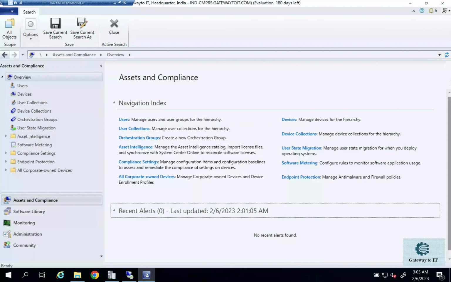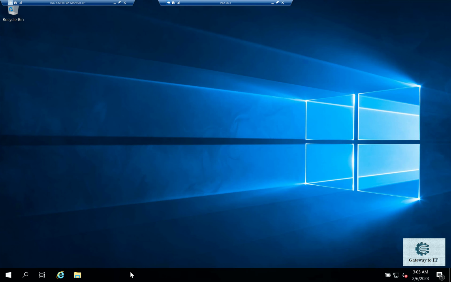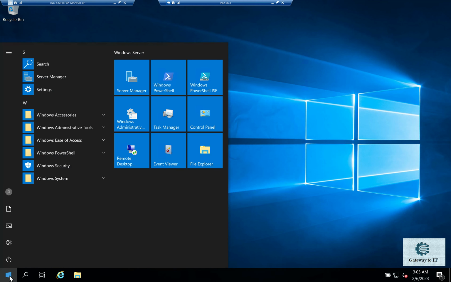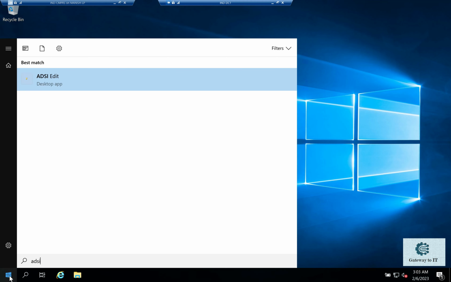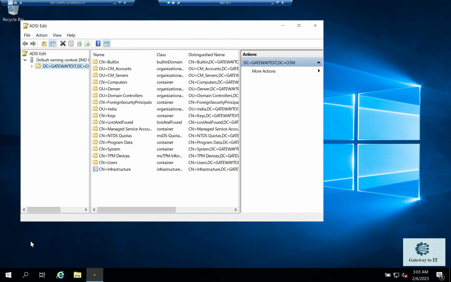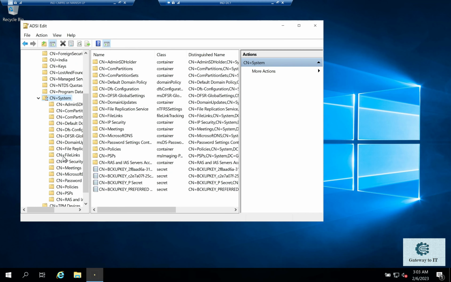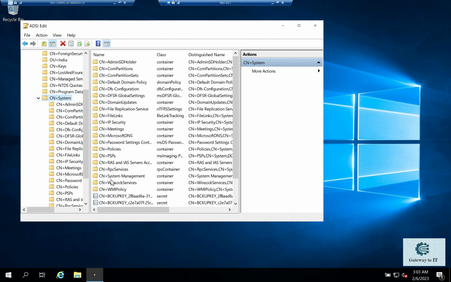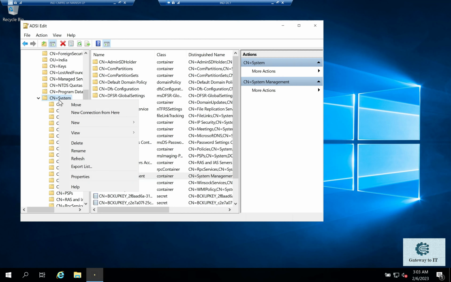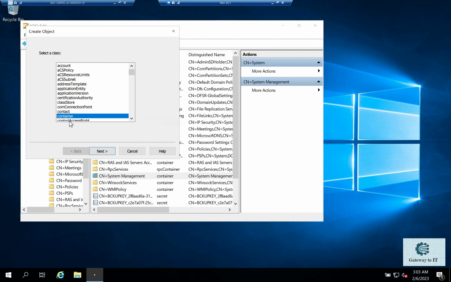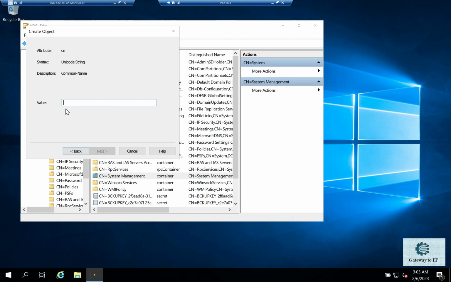To extend the Active Directory schema, first we have to go to the domain controller, and on the domain controller we have to go to ADSI Edit. Under ADSI Edit we have to expand this, and then we have to expand System. Under System we have to create a System Management container. I have already created it during my installation of SCCM, but if you have not created it, you can create it by right clicking on System, going to New, and then Object and Container,